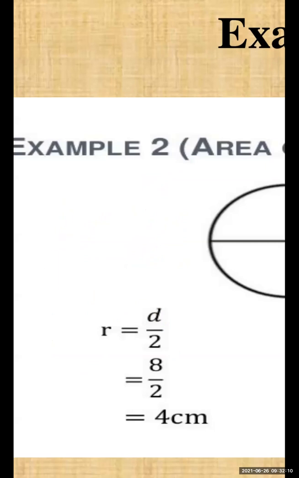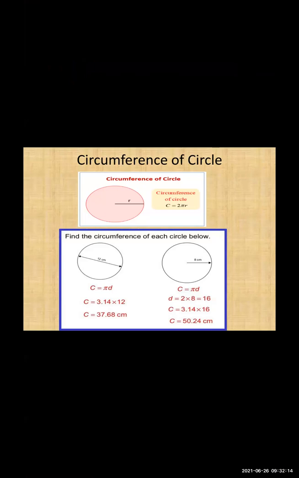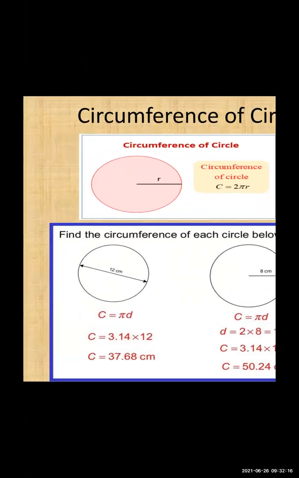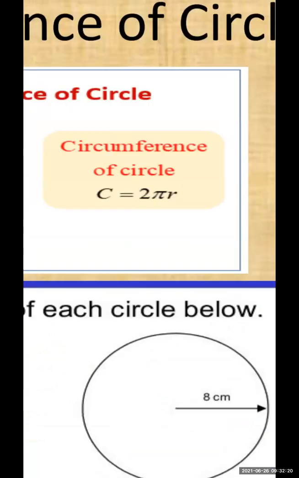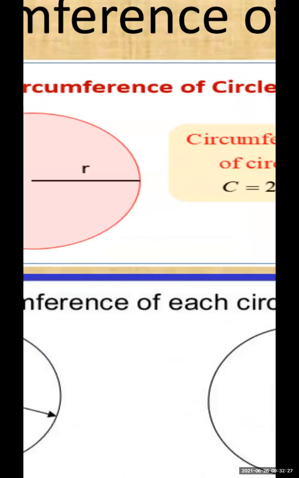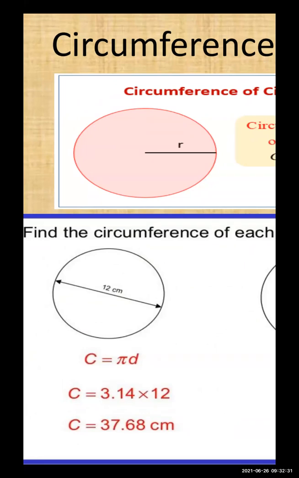So that is what is taken here in this example. C is equal to 2 pi r is there, so pi is taken to the left hand side and 2r is there. So 2r is equal to d. So if the diameter is given, you can write the formula like this also: C is equal to pi into d.